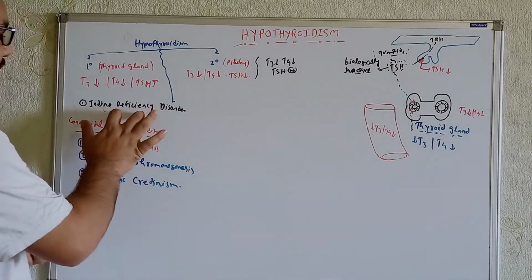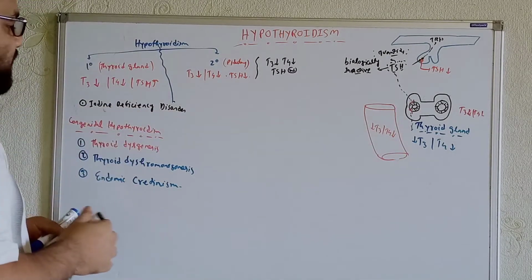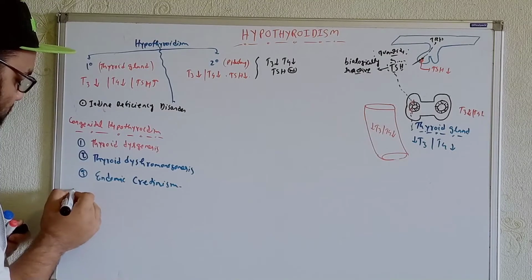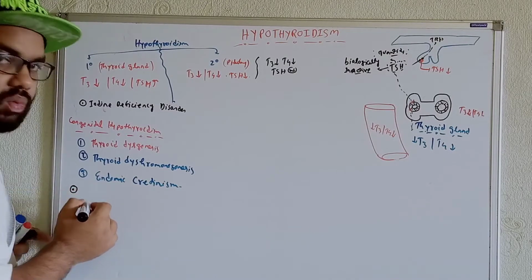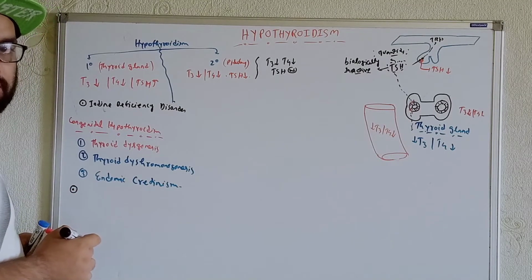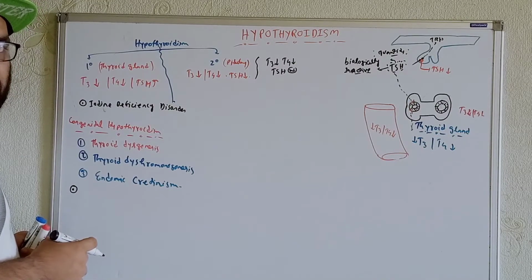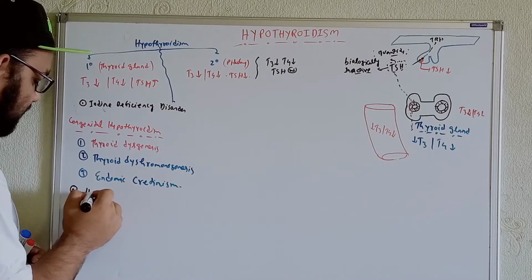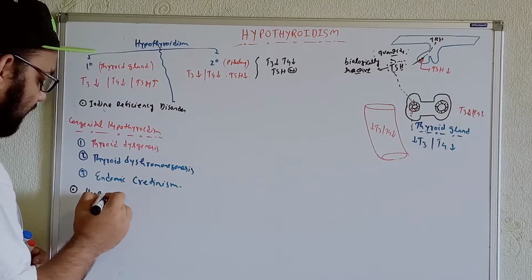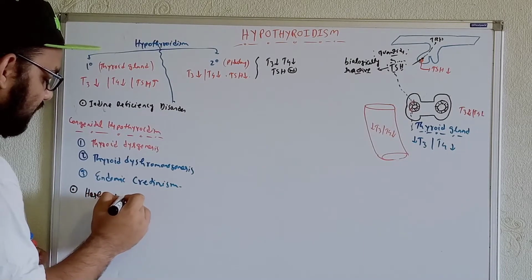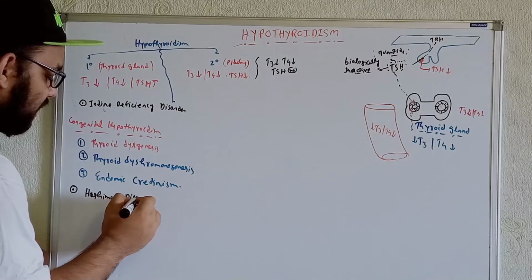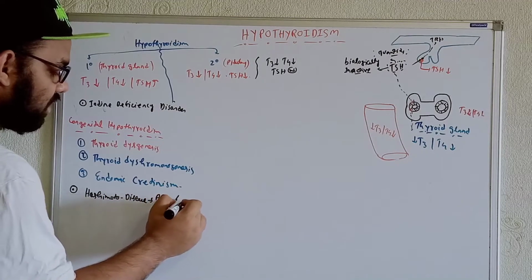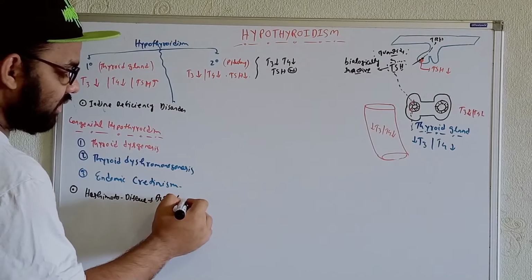First, I did talk about the iodine deficiency disorder. Second, try to understand the problem you can see over here. In females, we can get what? Autoantibodies against the thyroid glandular cells. So this is known as what? Hashimoto disease. You can get Hashimoto disease, where we will get autoantibodies against the follicular cells.